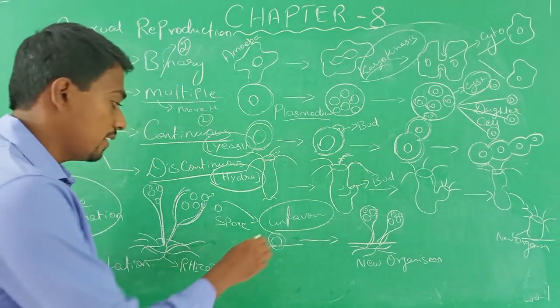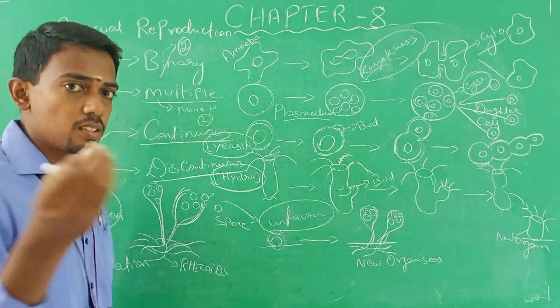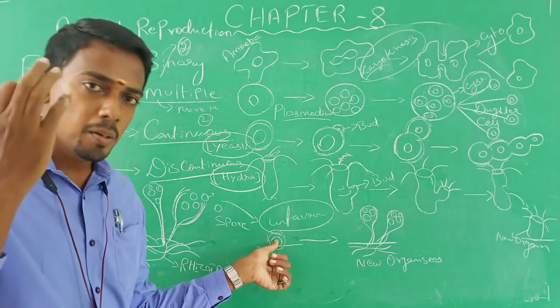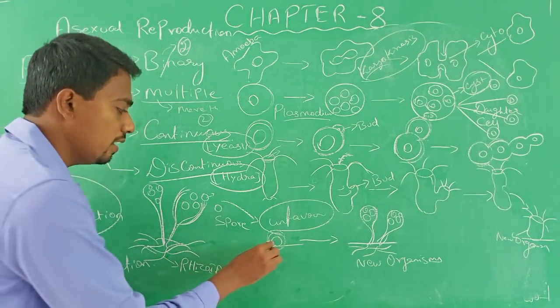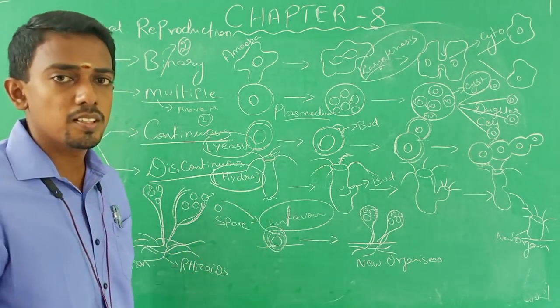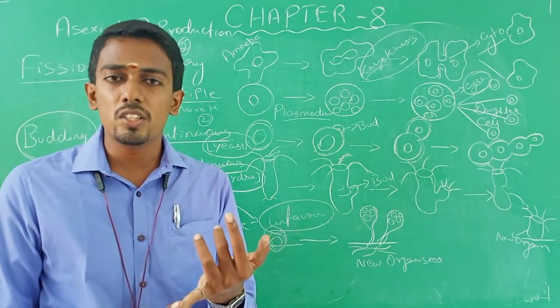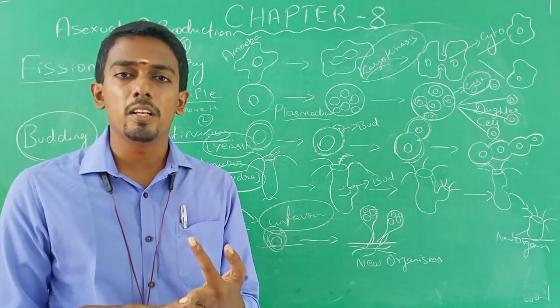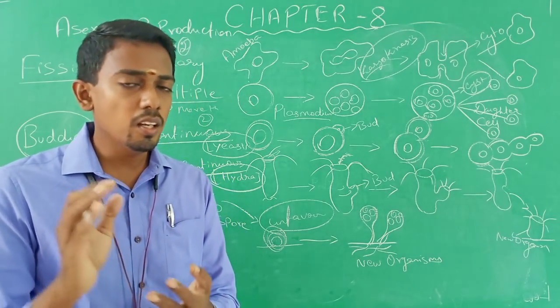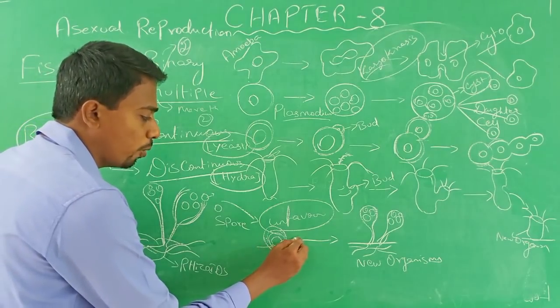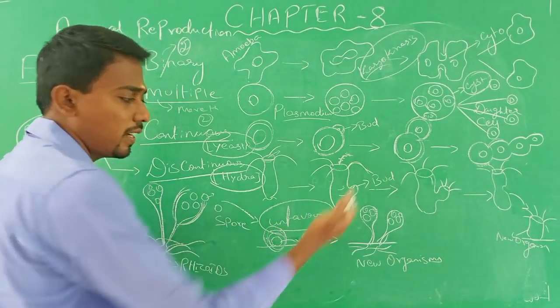And moreover, as they have a very thick cell wall, the inner content of the cell can be preserved properly, and they can even resist environmental stress. Once they land in a favorable place where the moisture, temperature and food availability are all in a proper range, then the cell wall breaks and the spores may germinate and take up into a